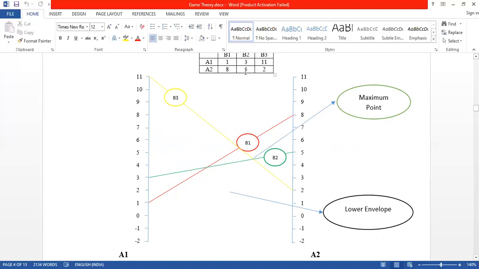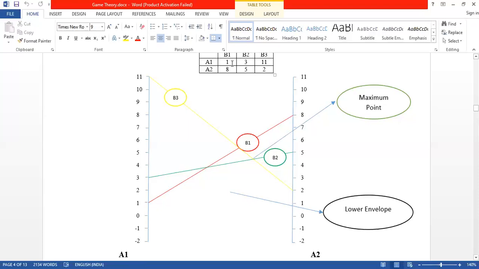Now in this matrix, I check the maximum value, which is 11, right? And the minimum value, which is 1, right? So on the vertical line, I took distances equally, so the maximum point covers 11 and the minimum point is -2. If you do not have negative values here, you need not write negative values. To keep things general, I have mentioned negative as well. And the same values you have to project on the opposite vertical line as well.